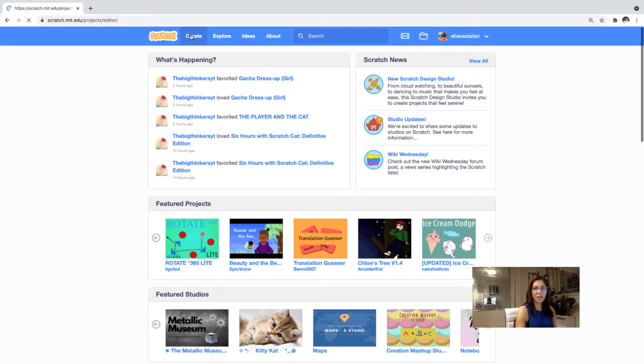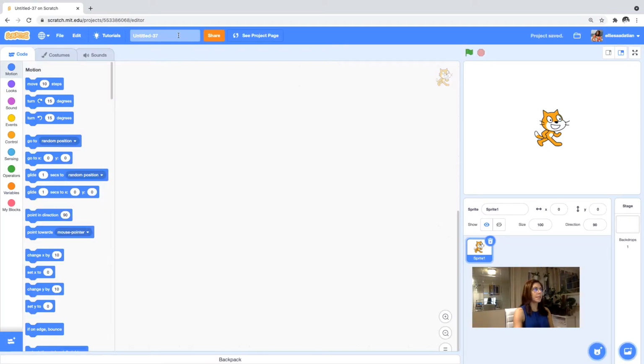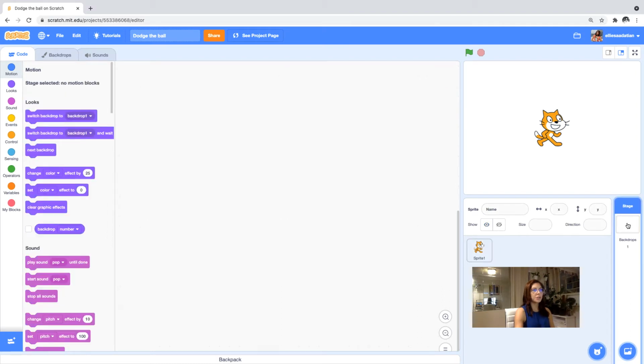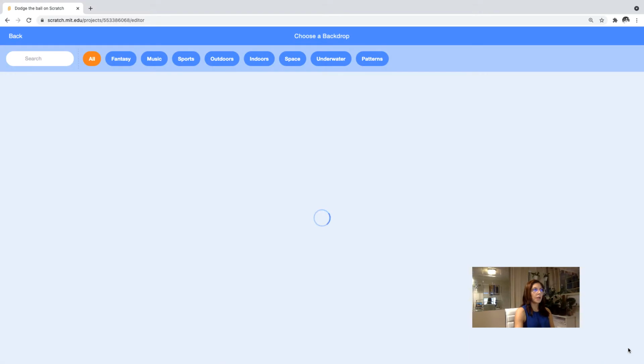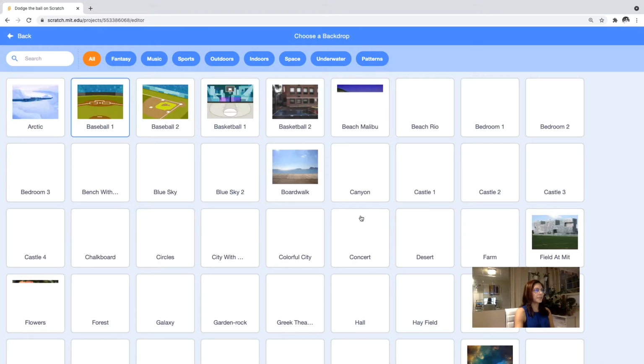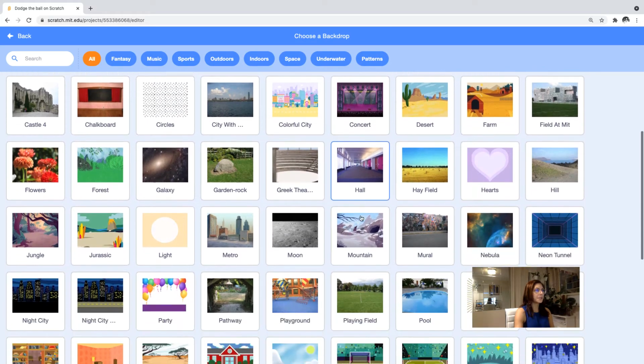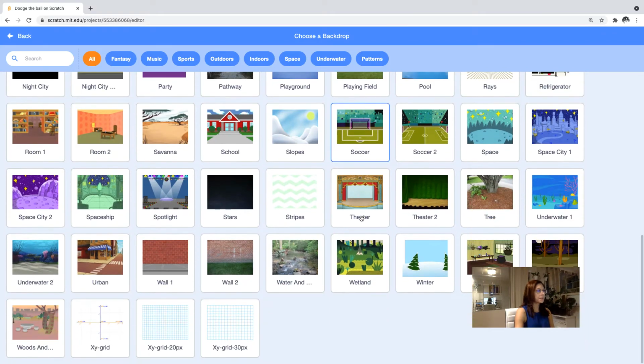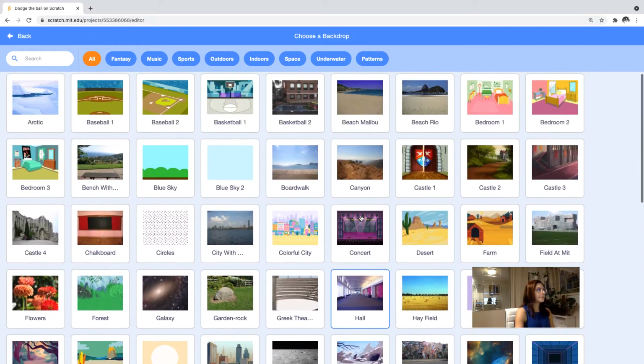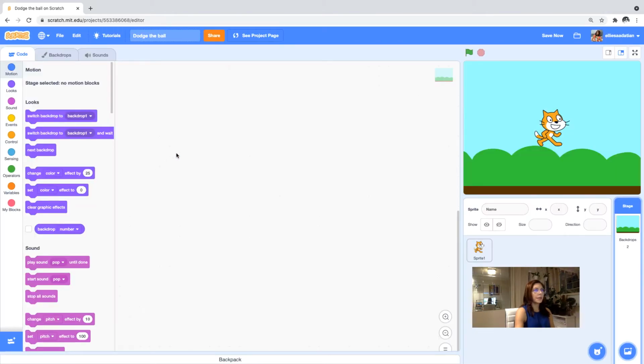Let's create a new project and let's name our project Dodge the Ball, and this time let's keep the sprite and choose a backdrop. I'm gonna choose a very simple backdrop. Maybe just this one. And then